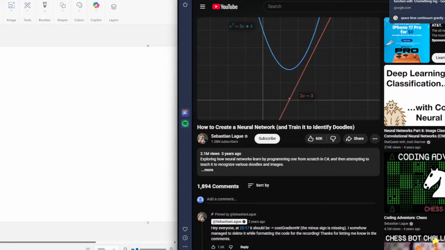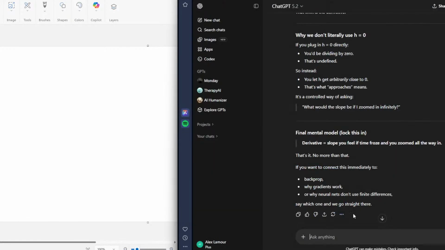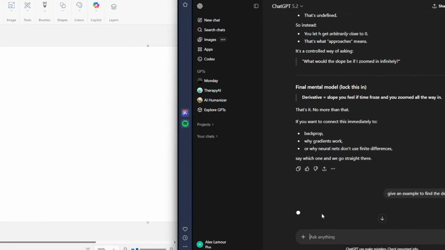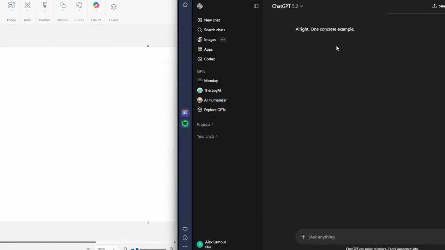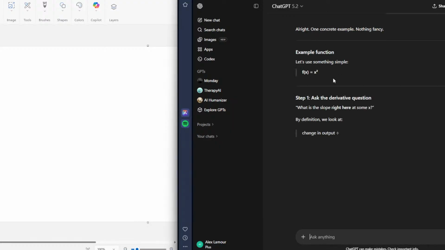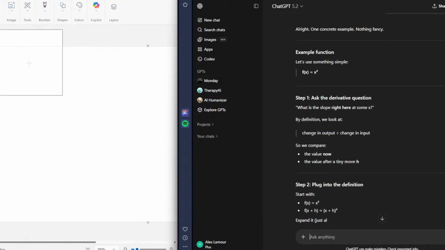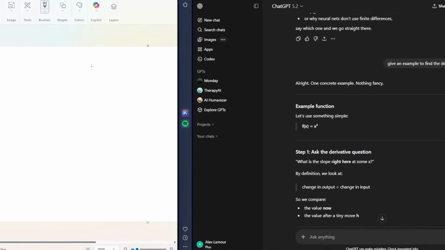Let's try an example to find the derivative of something else. Simple, right? Let's follow the same exact methodology that we did, and try to get to where we got to. So first you start with f of x,